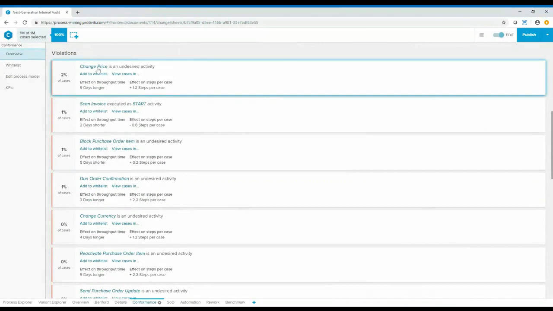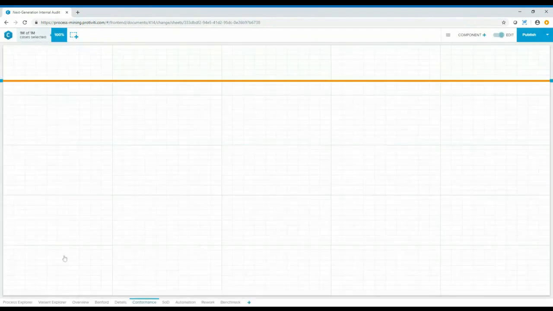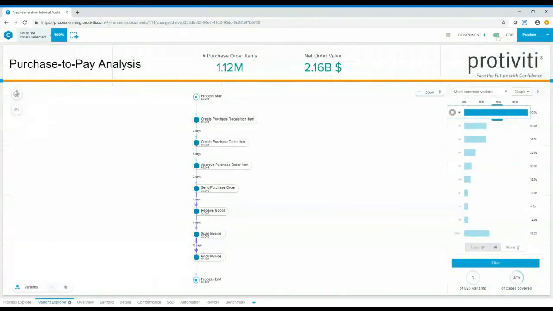And this is all, again, interactive and dynamic. I can click through and I can see a big culprit here for my violation against my process model is this price change activity that we reviewed earlier. And now I can see, again, some of what Christoph was demonstrating with the KPIs in the Variant Explorer. I'll just go back for reference.